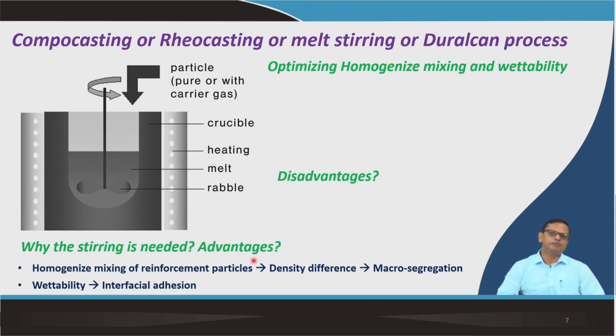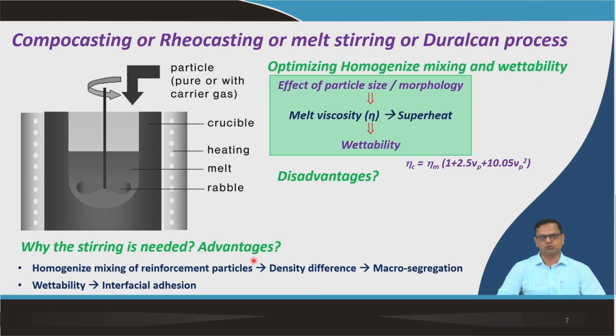Now, how could we optimize this homogeneous mixing and wettability? There are a few factors we need to take into account. First of all, what kind of particles are these, fibers or particles? If particles, then what is the shape and size? For example,